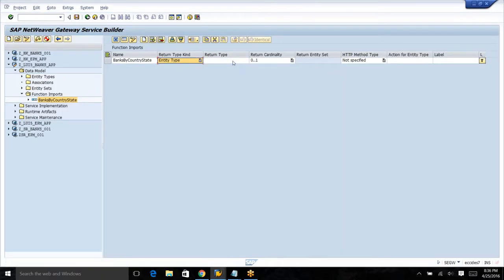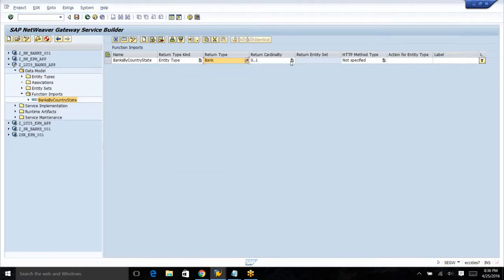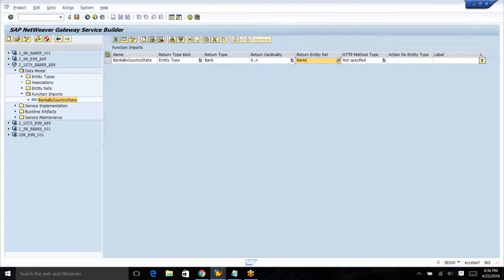and the return type would be the bank entity, and the cardinality is going to be 0 to n. So I'm going to return multiple banks. In that case, you have to give the corresponding entity set name. So I'm just going to say banks